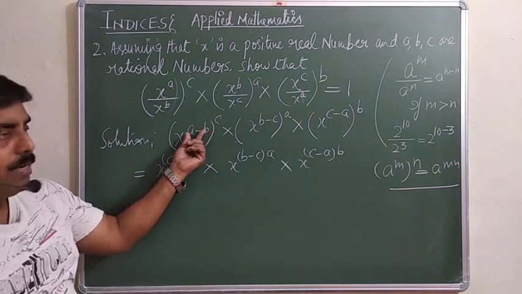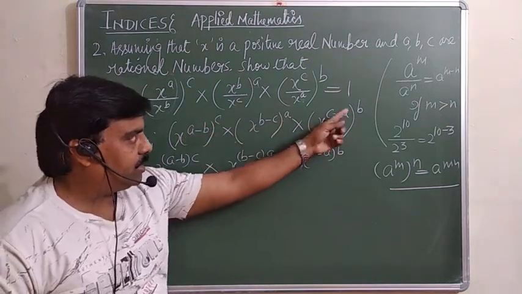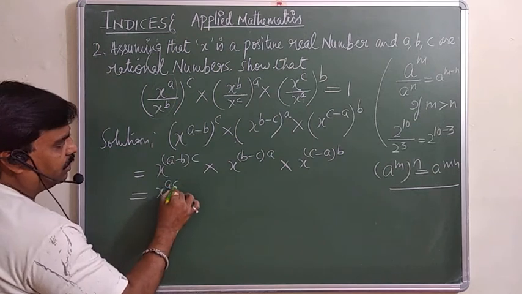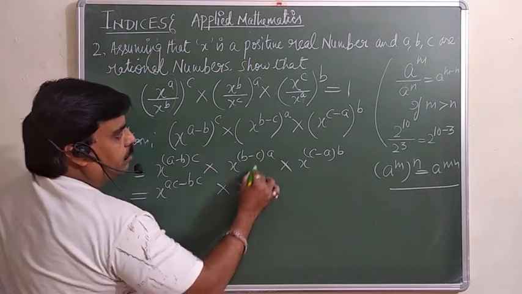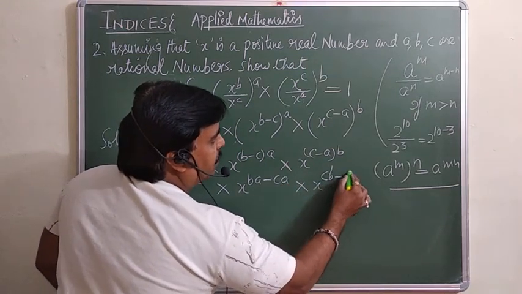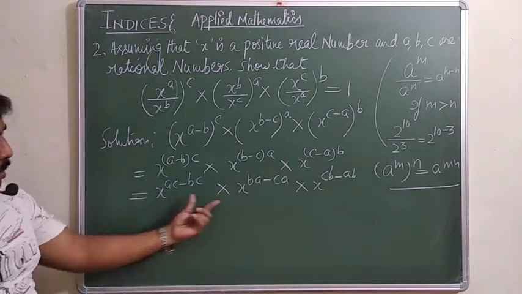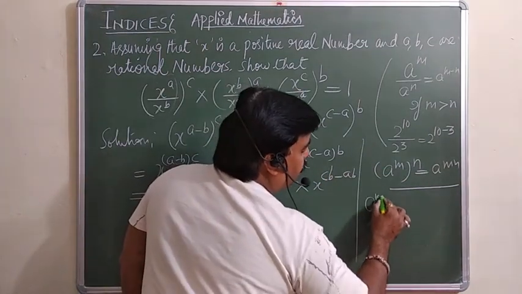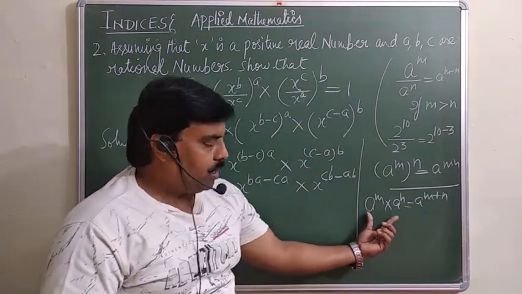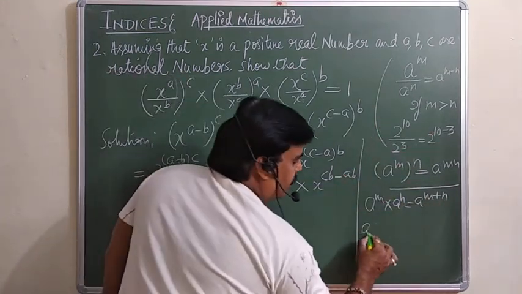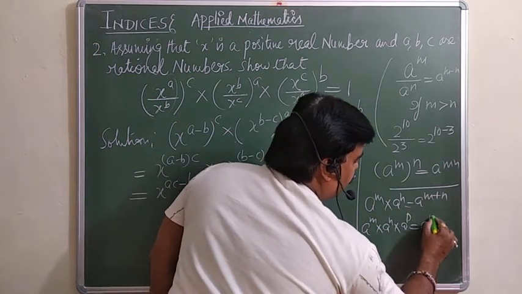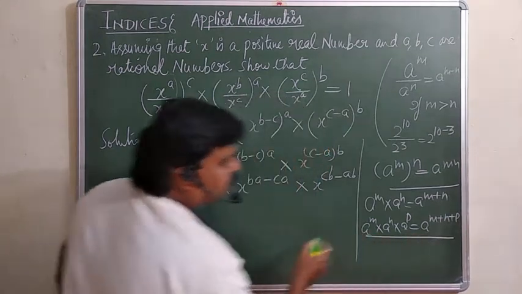Simply we are supposed to multiply a minus b into c, b minus c into a, c minus a into b. Now here you can remove the bracket. So x raised to power ac minus bc into x raised to power ba minus ca into x raised to power cb minus ab. Now here you can apply, see now, in case of a raised to power m into a raised to power n is equal to a raised to power m plus n. In place of these two, let us suppose 3 terms or n terms are there, there is no problem. For example, a raised to power m into a raised to power n into a raised to power p, what we will do? We are supposed to add them: m plus n plus p. So this is the rule we are going to apply here.